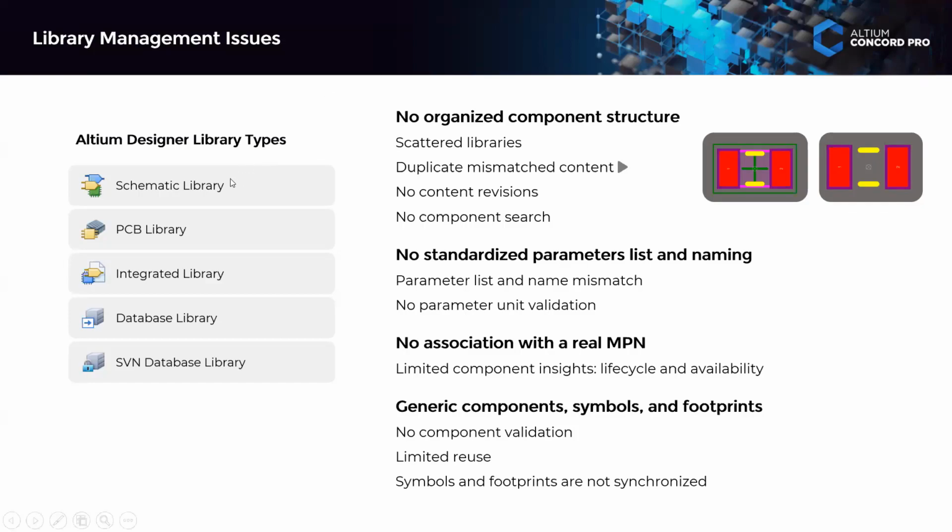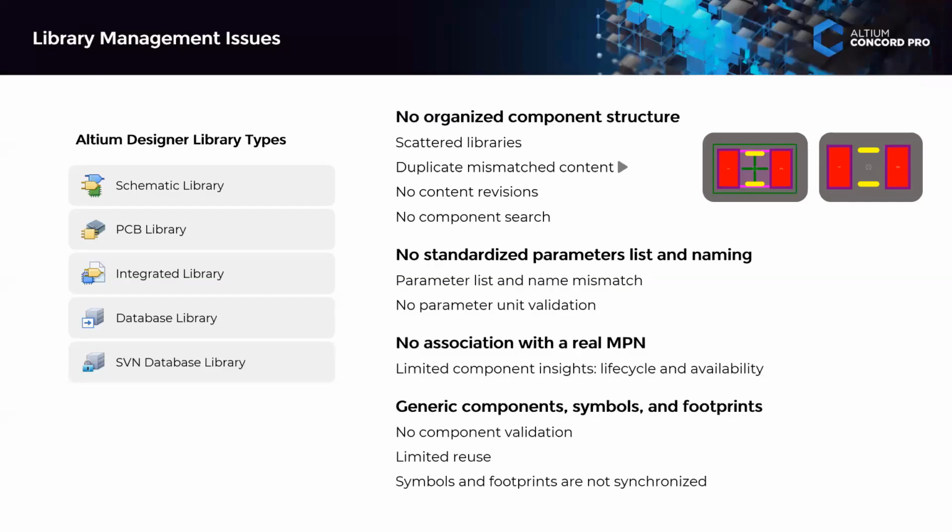The schematic library and the PCB library, we can compile to get the integrated library. As for the parameters, one user will have the original library, whereas another user can get the components and modify the parameter list by changing the value. For example, with a resistor, he can change the value of the resistor and use it as his own component. Then he can do the validation of the component using different manufacturer part numbers. So different issues can occur when you create your own components.